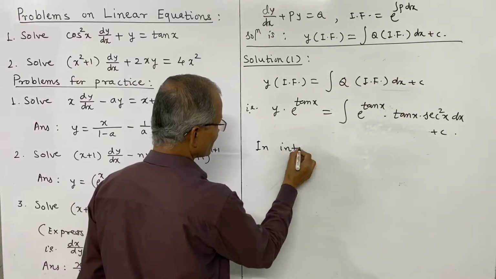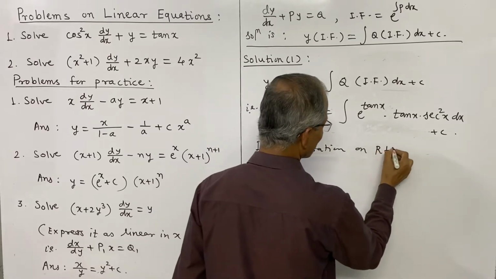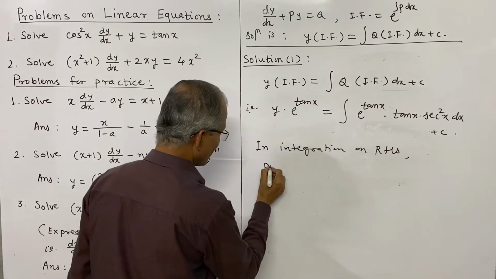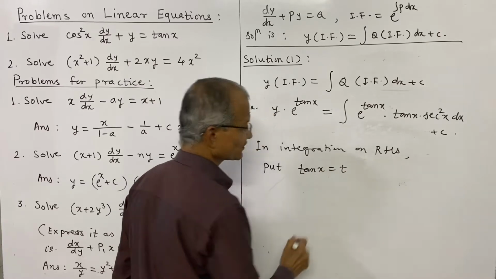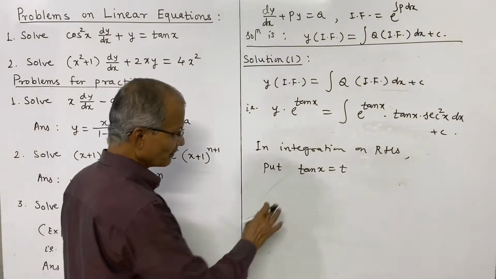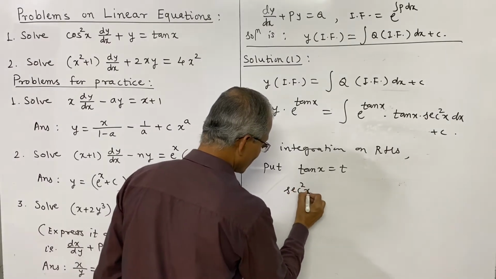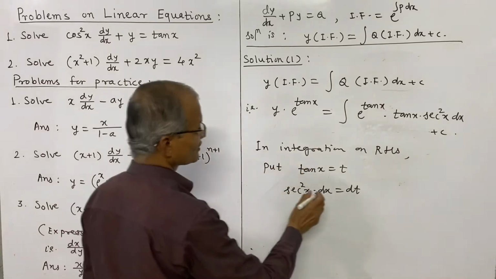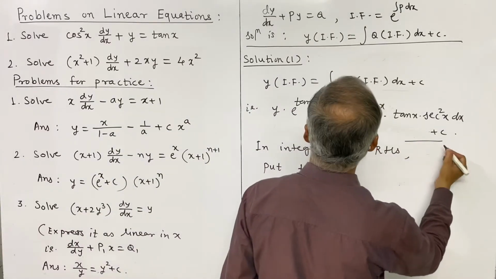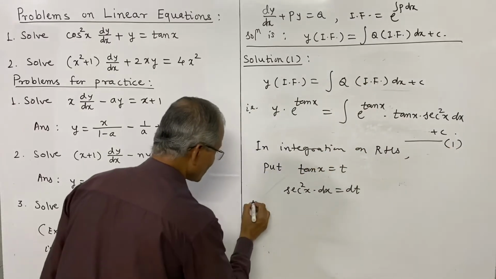In integration on RHS, put tan x is equal to t, and we know the method of substitution for integration. Differentiate this. So the derivative of tan x is sec square x into differential of x is equal to dt. We may suppose we have not numbered earlier, so we may suppose this as 1. So therefore from 1